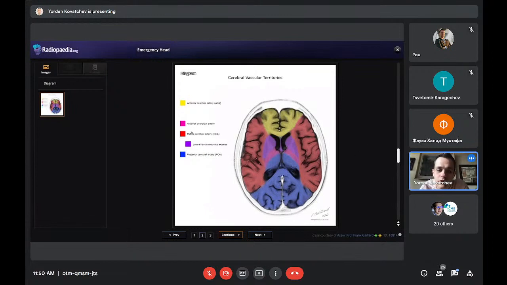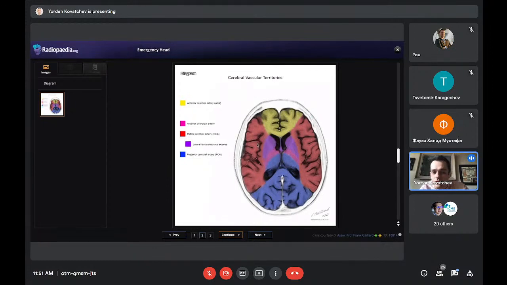As I said, remember the middle cerebral artery, it supplies a really big part of the brain. Everything here is supplied by the middle cerebral artery. As you can see, they've noted a small part, the lateral lenticular arteries, because they supply the basal ganglia, and they're the first signs when someone has ischemic stroke. The first changes will be here in the basal ganglia, because these arteries are terminal arteries. There are no collaterals, so these areas are really susceptible to ischemic shock. The first changes we'll see in a patient with stroke will be in this part, and then of course we'll go to the rest of the MCA.